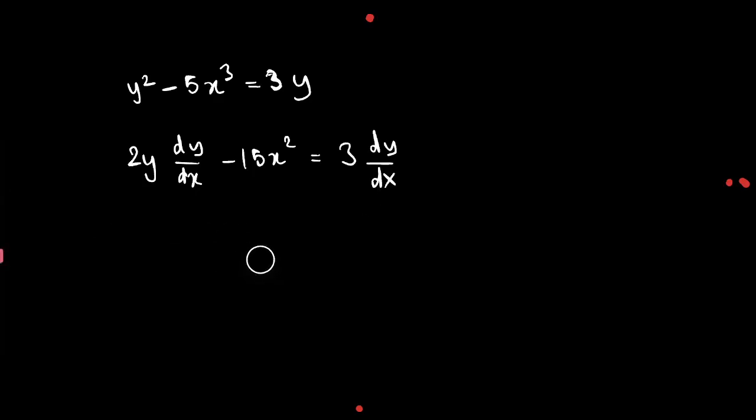So anyway, now that we have this, we want to isolate everything. We want to gather all the terms that have this dy dx component onto one side, let's say the left side, and everything else goes onto the right. So we keep this 2y